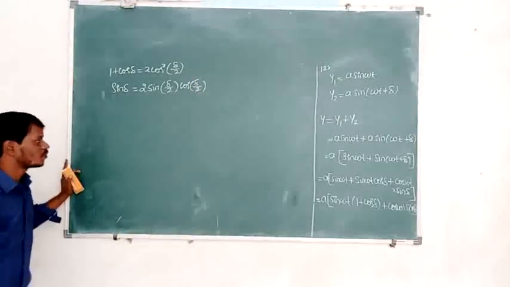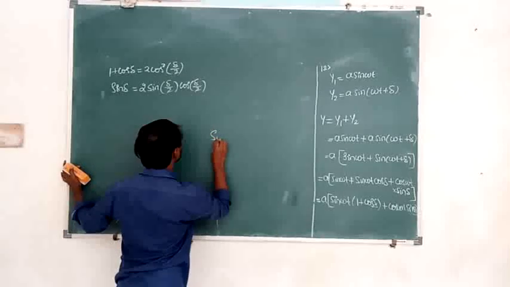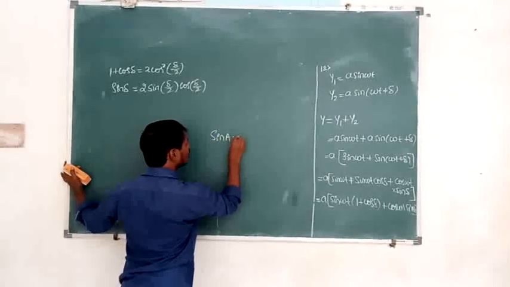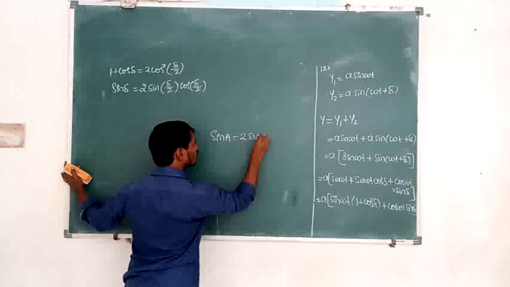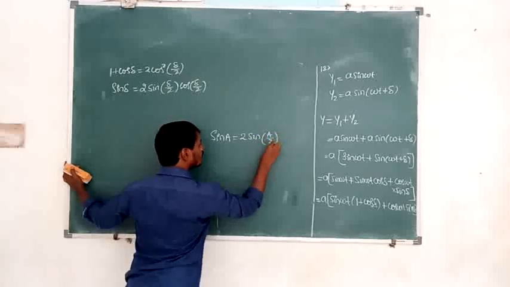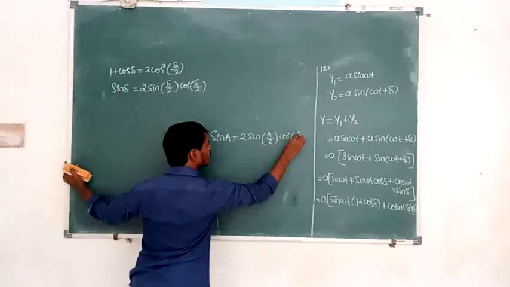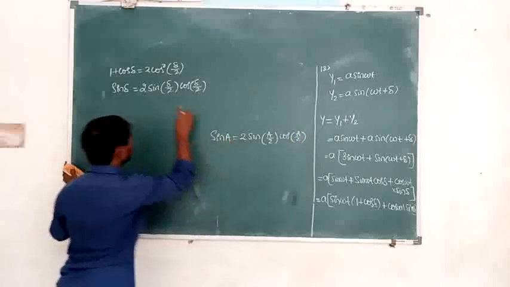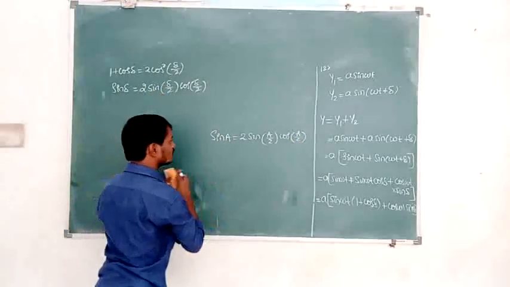This is the sin A formula. What is the sin A formula? 2 into sin A by 2 into cos A by 2. By using this formula, I will substitute these two in this equation. We will get...